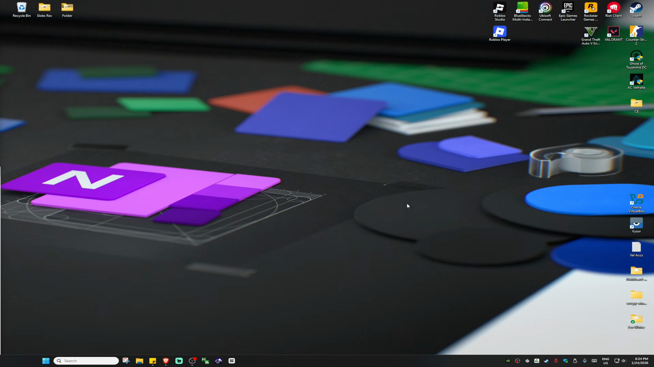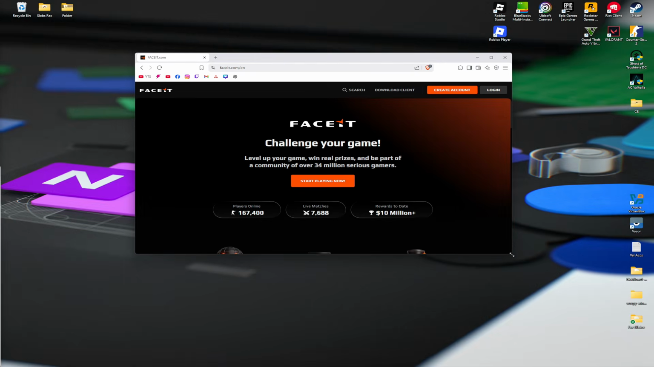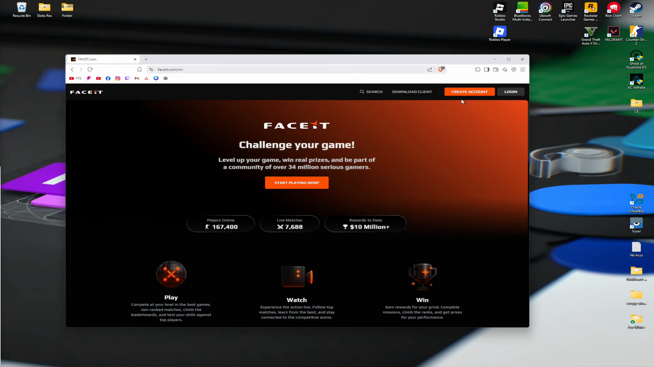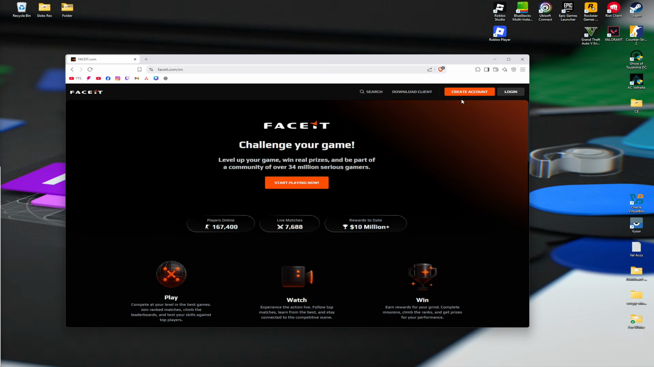Now, first up, when you go over to your Faceit app or the Faceit web, let's say this one, when you try to log in or create an account, it says this is already linked. Well, that means that it's already linked. So to find out which account is tied to that specific email or Steam account, just go ahead and